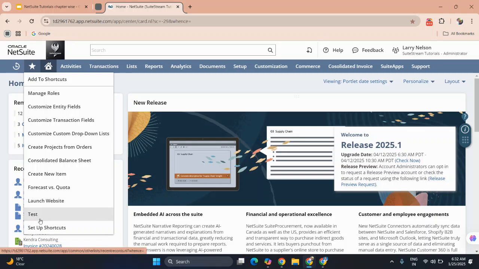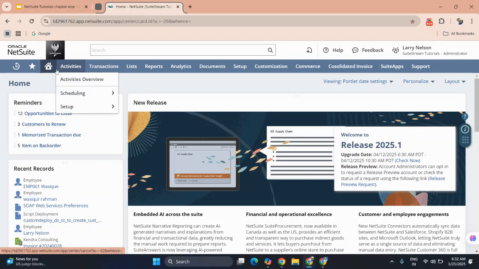Now you can see the tab like Setup. This is one of the shortcuts we just created, for example. And Home is nothing but the home dashboard. We can go to the dashboard from here. We can use